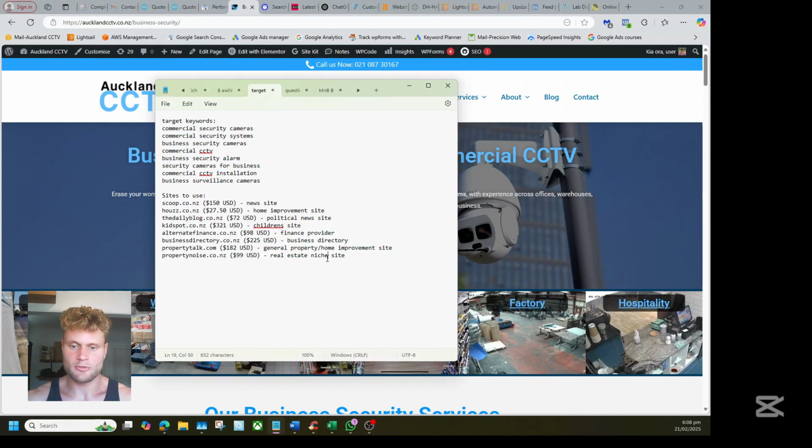Now, today I'm going to show you how to write a guest post for just one of these sites. How to actually make a valuable link from one of these sites. In reality, any link is going to pass some kind of value through. But what you want to do is you want to align the relevance of the site, the relevance of the guest post you're doing with your website and the page you're linking to.